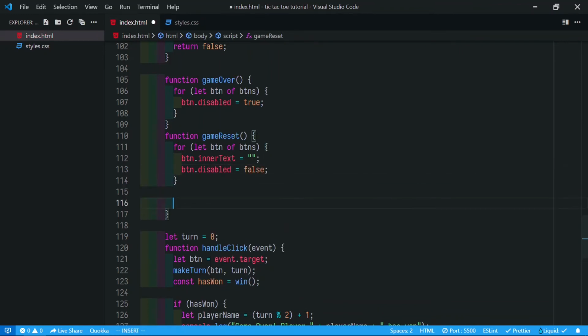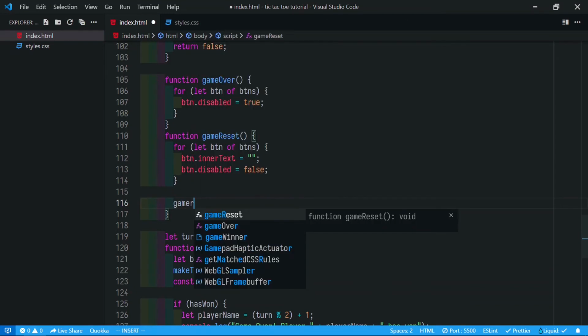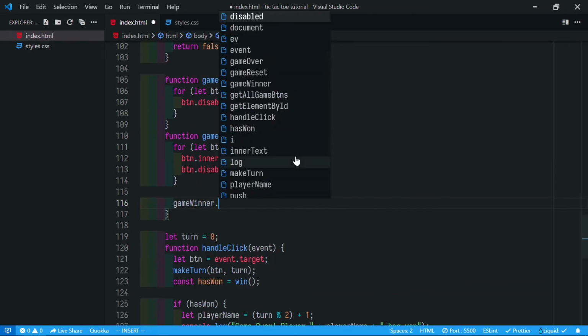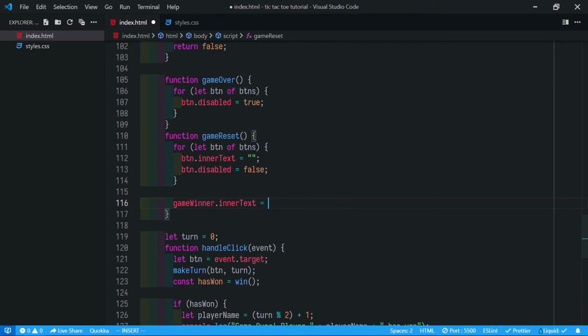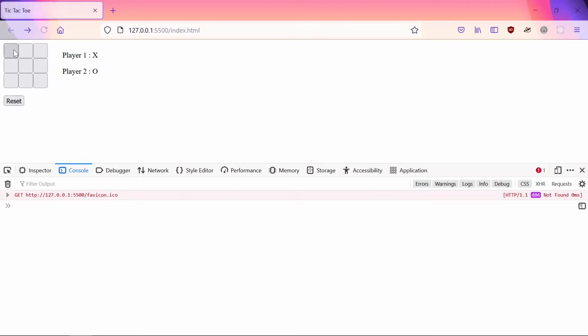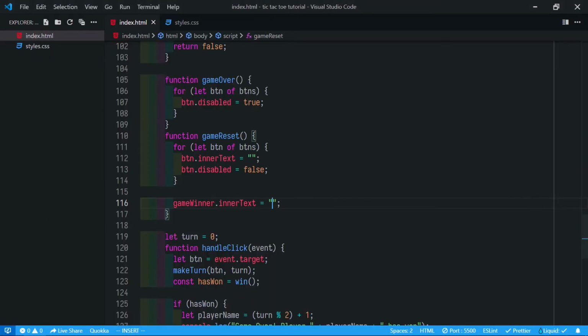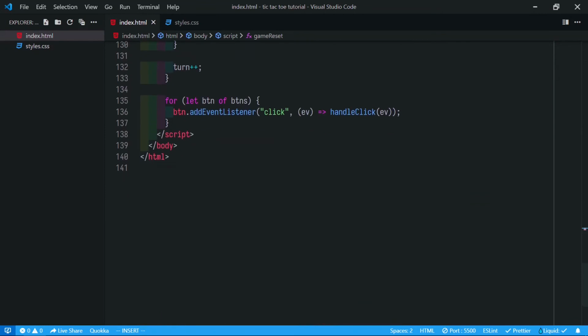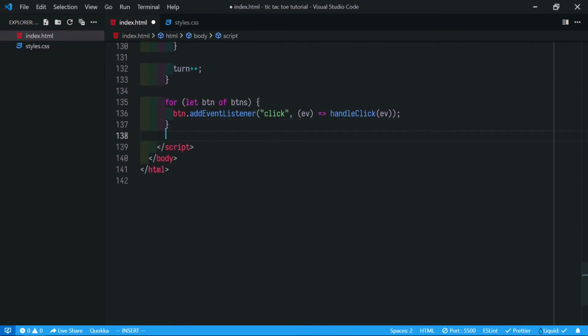Save, and clear the game winner text. Now let's check our tic-tac-toe. Now it's showing player 1 has won. If I click on reset, okay, we haven't attached this callback,